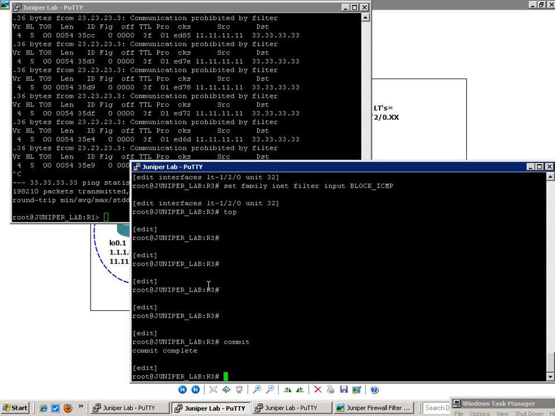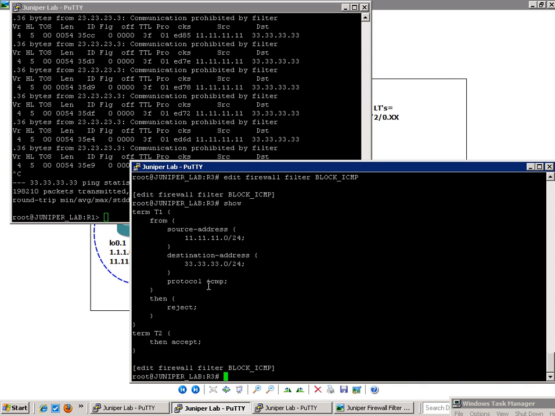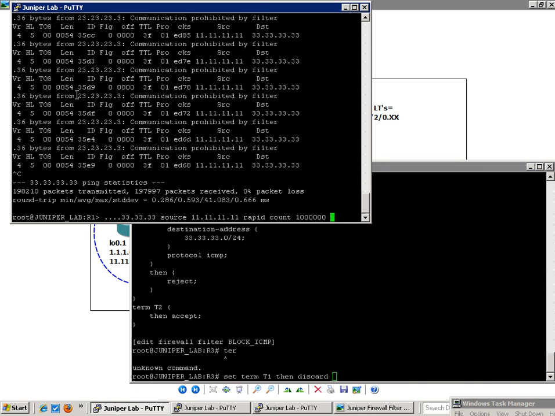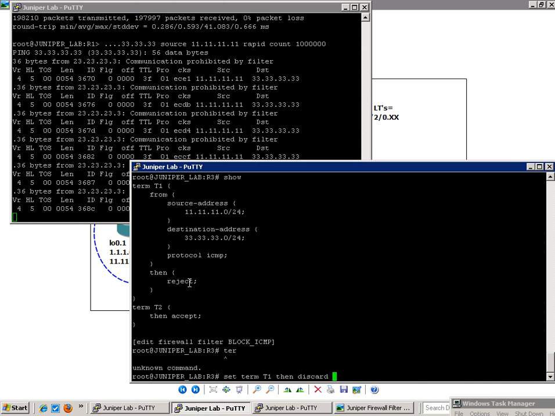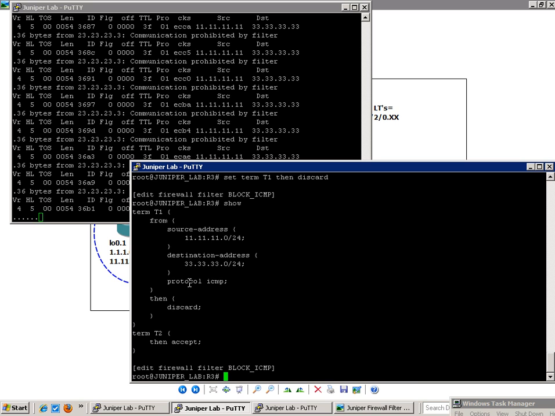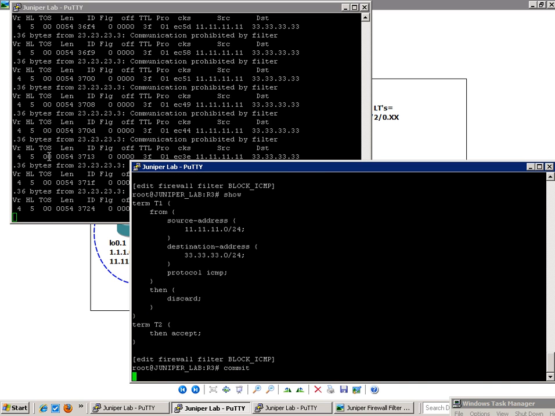I could also change this. If I go to router 3, let me just show you something real fast. I'm going to go into firewall filter block-icmp. If I do a show, let's do this. We'll do set term T1 then discard. So I'm going to go ahead and start this again. And now if I go ahead and commit this,